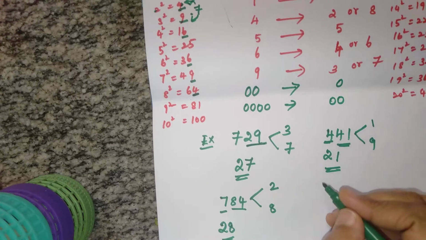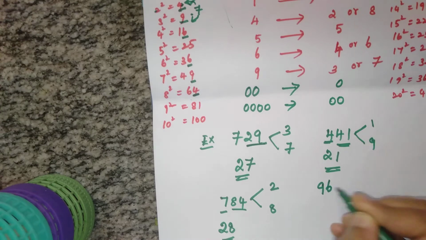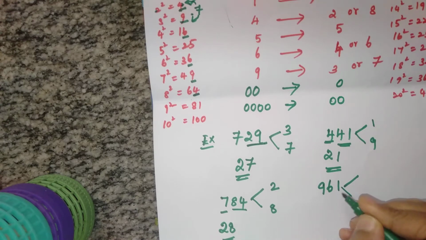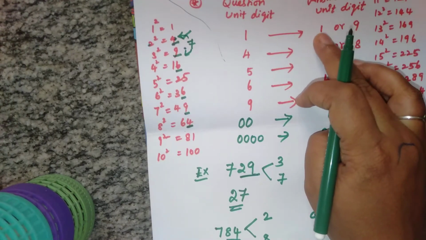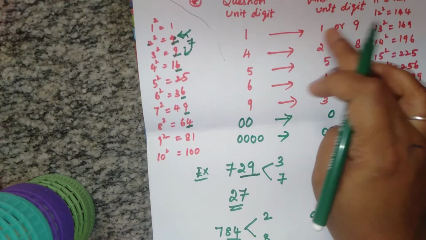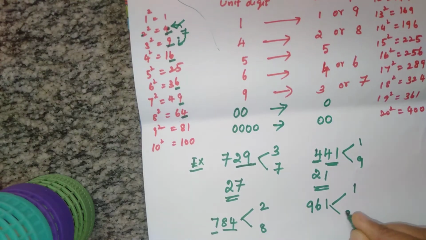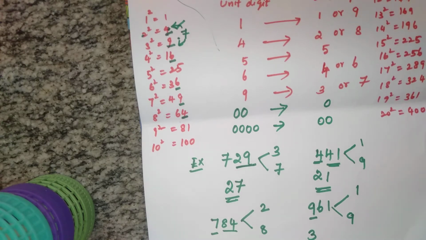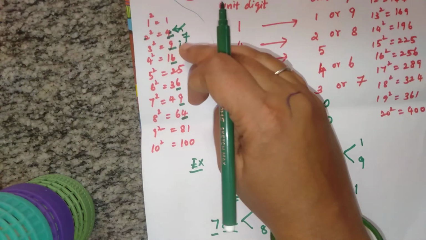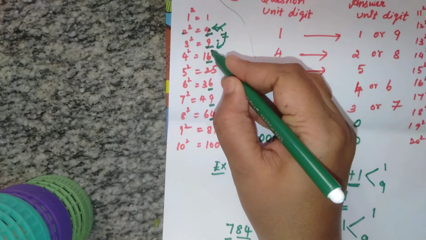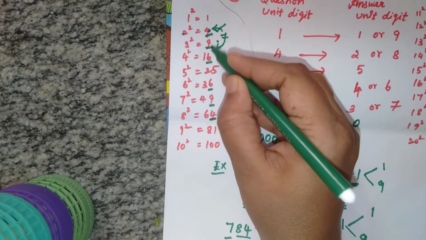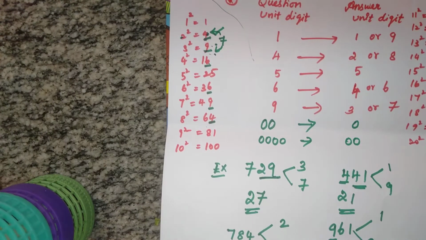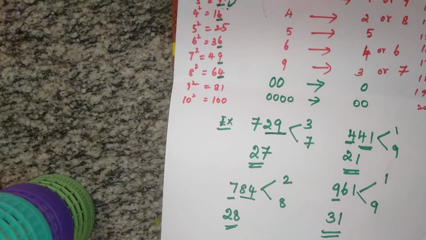Is it clear? Next, another example, 961. How to find it? The same way. The number ending with 1 has the possibilities 1 and 9. Now this is 9. 9 is exactly 3 squared, so this is the upper value. In between anything, this is upper, this is lower, but exactly 9 is the upper value. You just write the upper value. This is 2 digits. It is very easy to find.